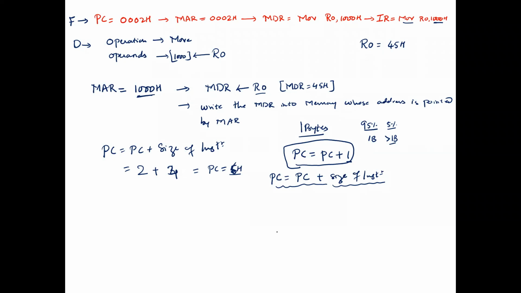What is the purpose of MDR? It holds all the content of the memory, whether it is an instruction or data. Very good. What is the function of MAR? It holds the address for the memory. Very good. What is the purpose of PC? Program counter register. PC will hold the address of the program instruction. And then what is the purpose of IR? It will hold the program instruction.